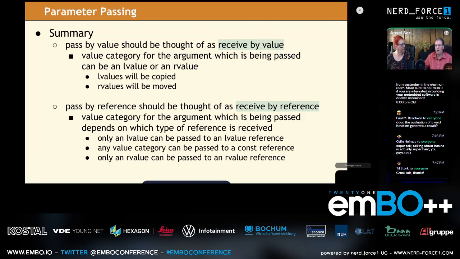But always keep in mind the idea that it's not just about efficiency. People look at references and say, oh, well, passing a reference is faster than passing a value. Well, okay, that may or may not be true, especially now that we have move semantics in the language. But that's also not what's the most important thing in most cases, because you're actually making a conscious API decision about what you want to accept. It's not just about performance.